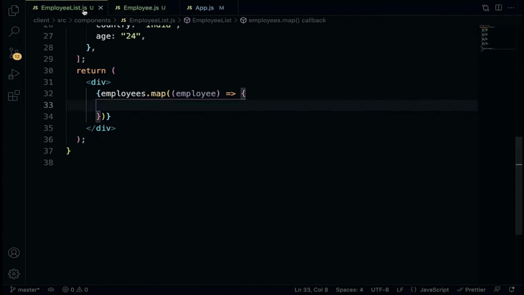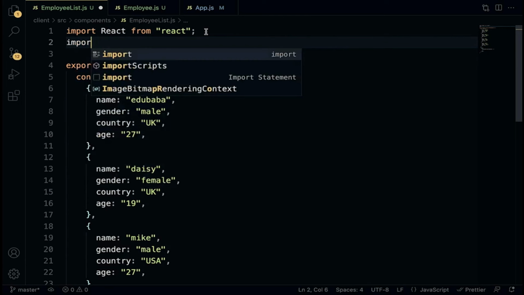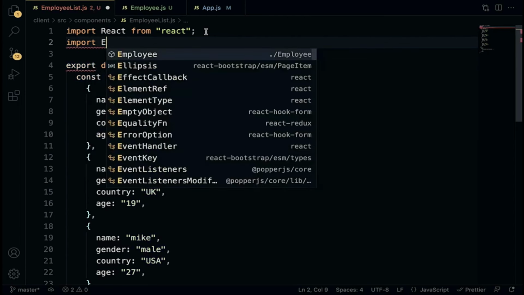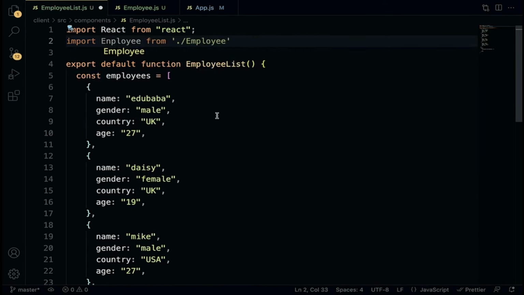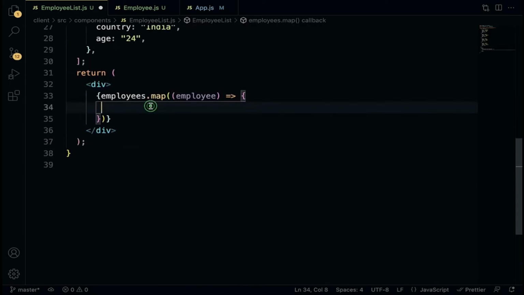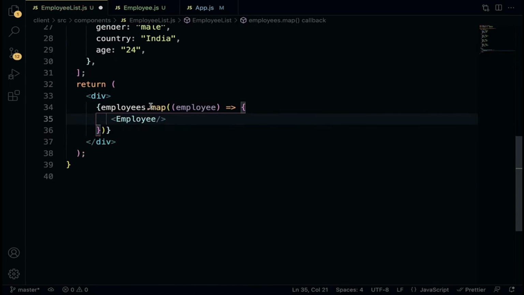Go back to employees list, scroll up. So right at the top, we have to import employee from ./employee. Right below, we have to render it here. Close it up with the self-closing tag. So the next in line is to pass the details as props. So right within the employee, we are going to have name equal